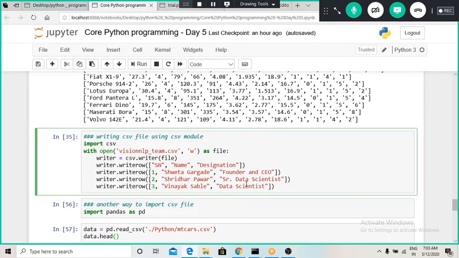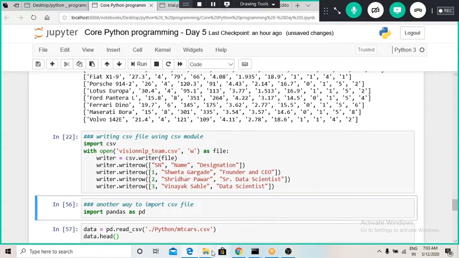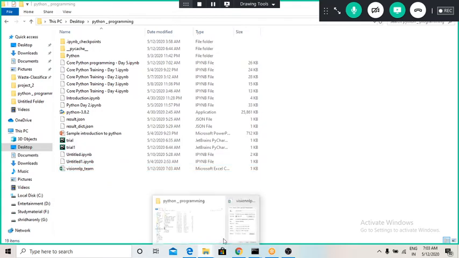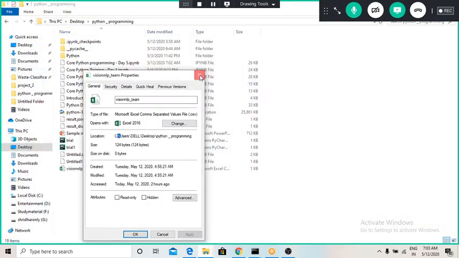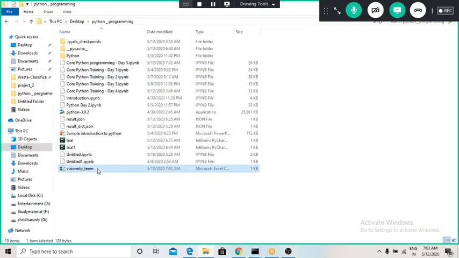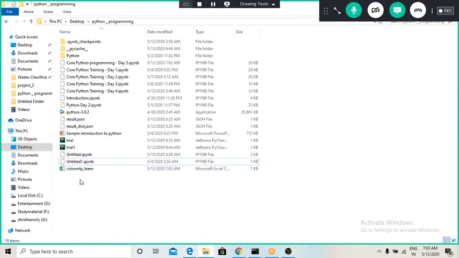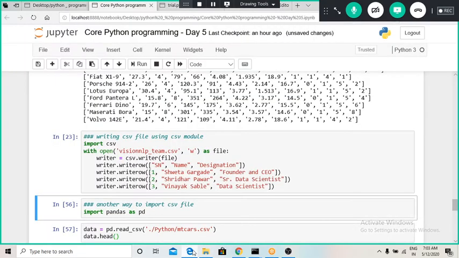When I execute this command, we can see that there is a file stored at this particular location. I think this file was there previously also, so I will delete it and rerun the command. Now you can see the file has got stored again after running that command. We will open that file also. It will take time, until then we will move on.